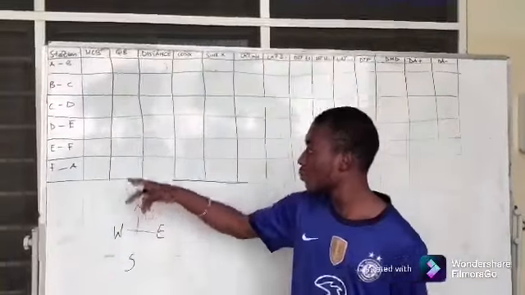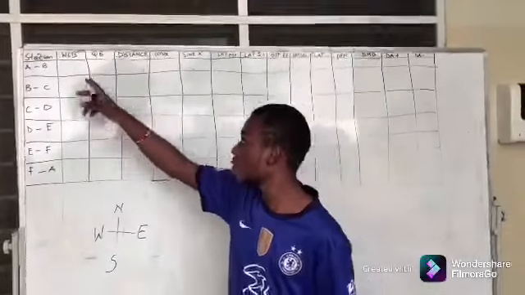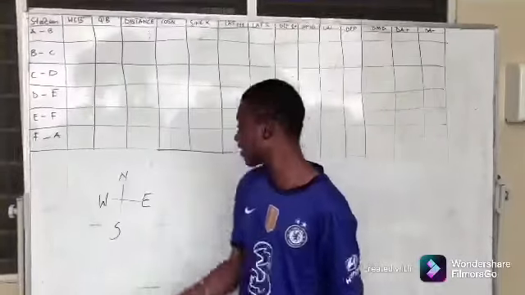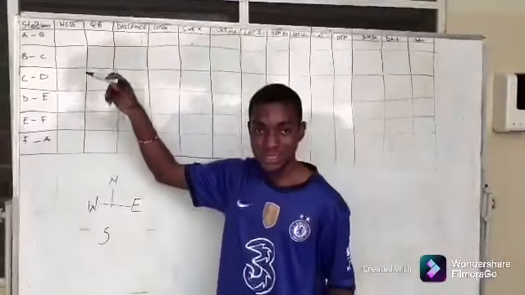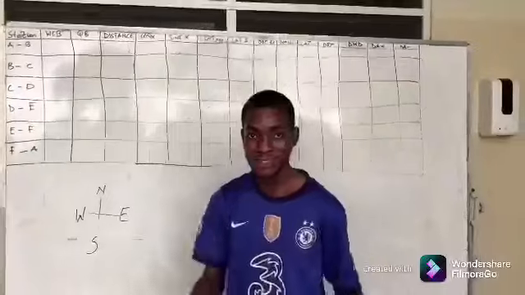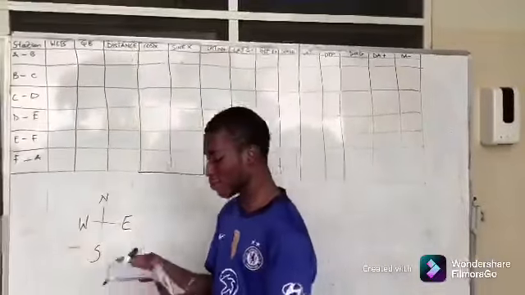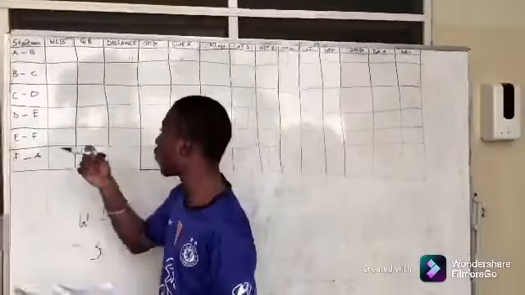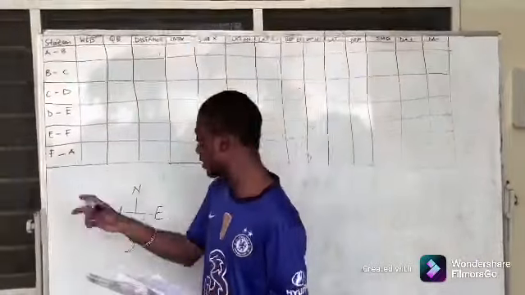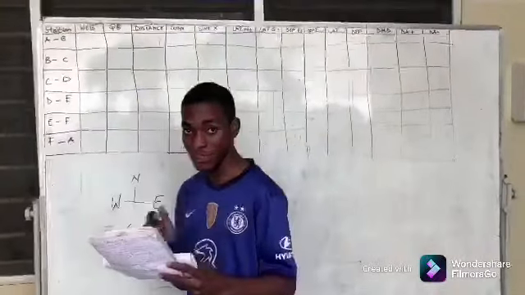So always west is negative, so we subtract it from the whole circle bearing. But if it was east, we add it. So if it's west, it's minus. If east, we add. So the bearing is 112, so 112 minus 7, the magnetic variation that was given in the question,